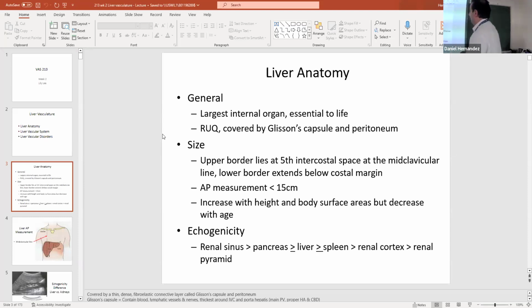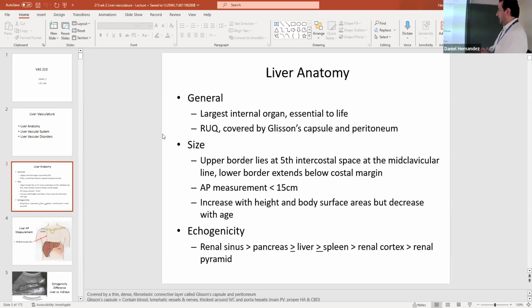Size of the liver, from the upper border of the fifth intercostal space, we measure along the midclavicular line. The AP measurement of the liver, so anterior posterior measurement, should be less than 15 centimeters. The liver will increase depending on the patient's size and body surface area. So, if you're a 6'4" man, you're gonna have a much larger liver than someone my size. But also will it decrease with age? So as you age, the organs start to, I don't want to say atrophy, but they diminish in size slightly